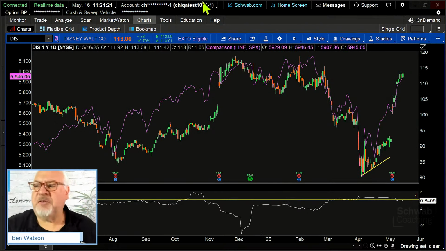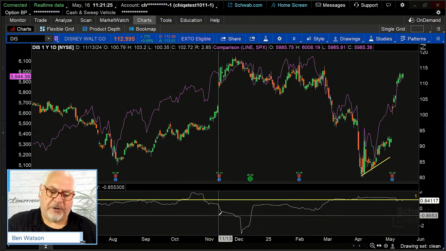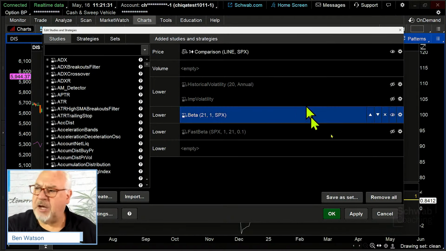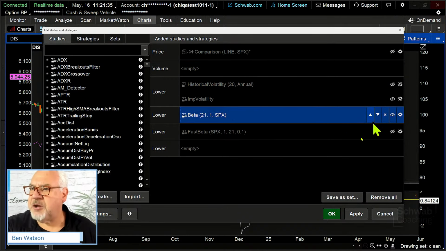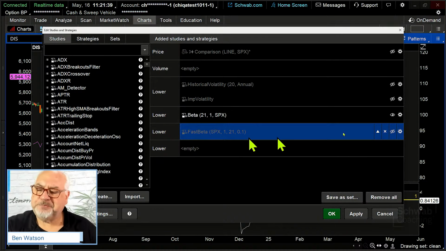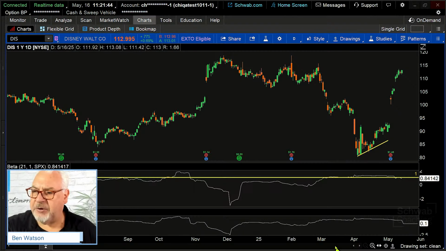Now that we have the concept of how we use the tools, what we see in the tools, one other tool I'm going to put on here, and this goes back to Thay's question. I'm glad you asked that question, Thay. So I'm going to go back up here to the flask icon, and I'm going to undo the eyeball. So I'm going to close down comparison. I'm going to keep beta here. I'm going to do fast beta. And I'm going to open up the eyeball for fast beta, and we're clicking apply and OK.